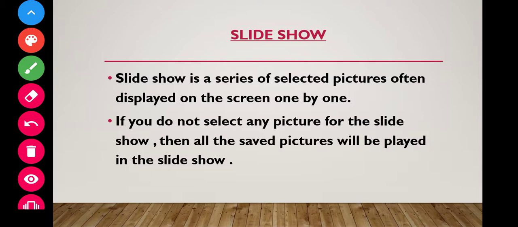First is click on the open tool. It will display the thumbnails of saved pictures. Click on the slides option. Select the pictures you wish to display in a slideshow one by one. Now, next step is each picture that we have selected will be marked by a number. It lets you know the order in which they will be displayed in the slideshow.